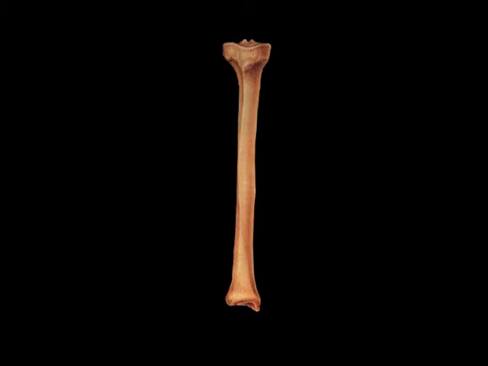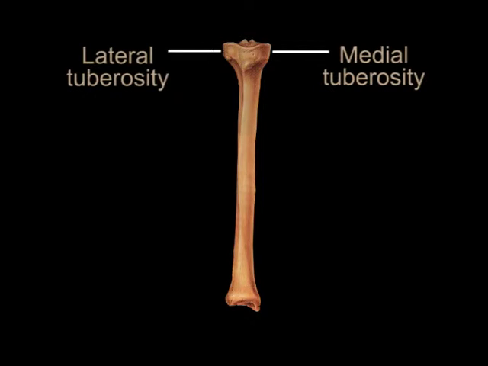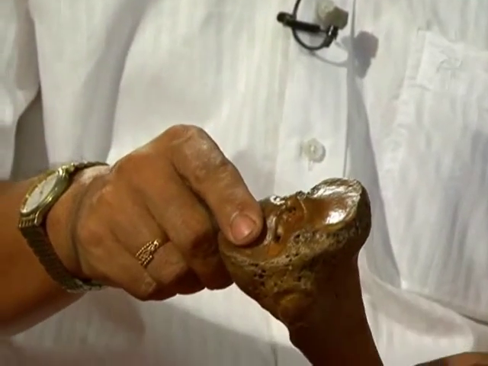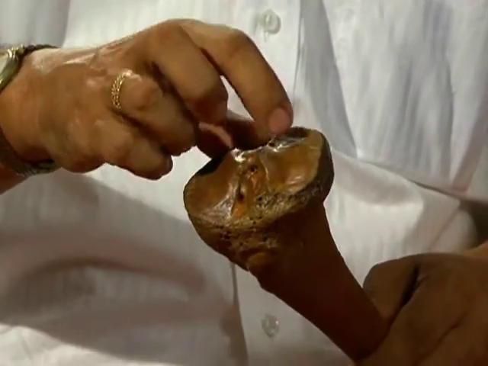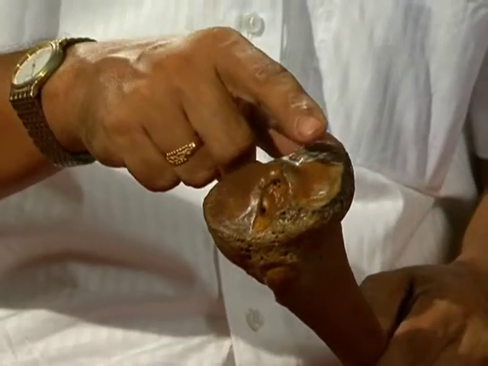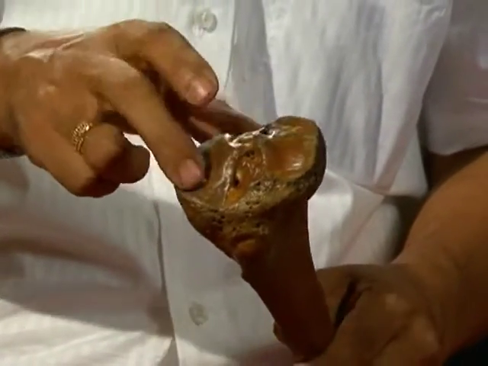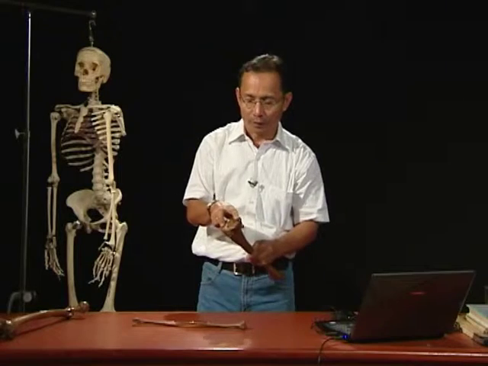This is the medial tuberosity and this is the lateral tuberosity. Above these two tuberosities, that means superiorly, it has two articular surfaces